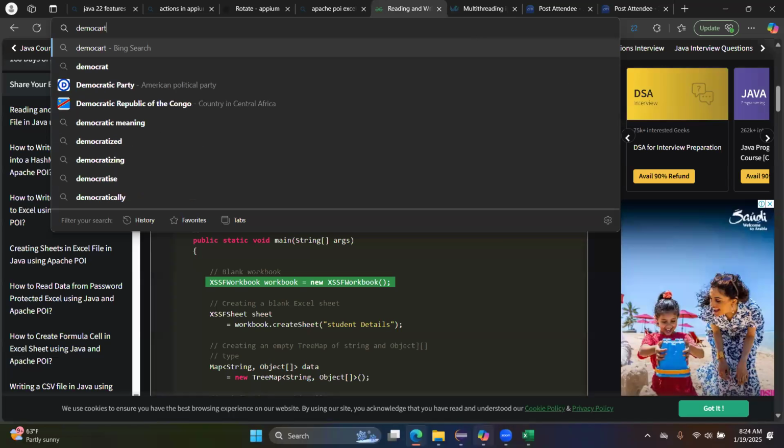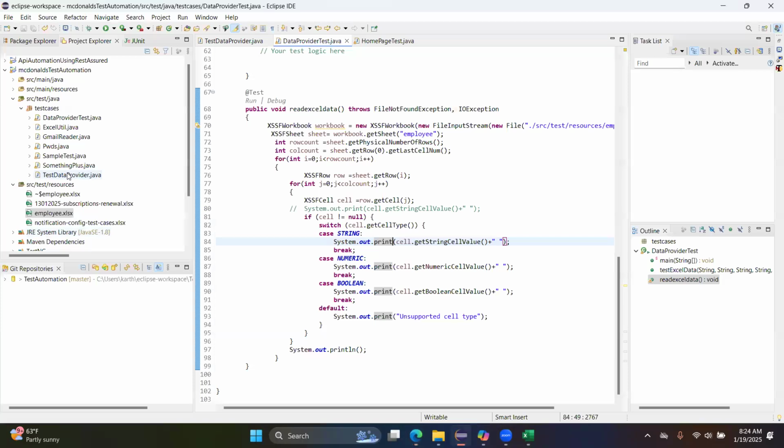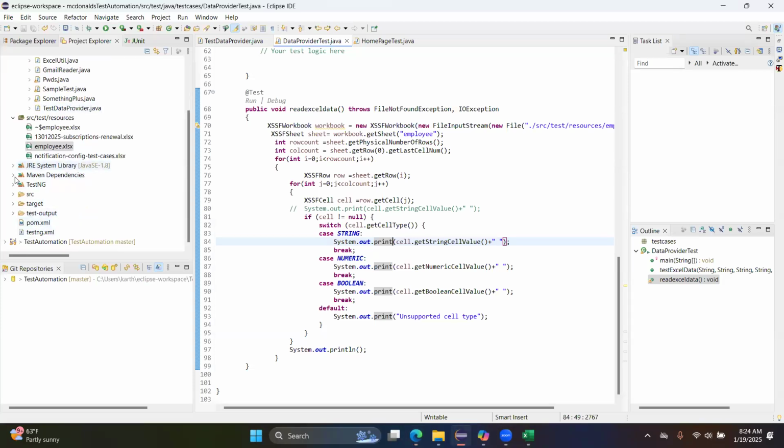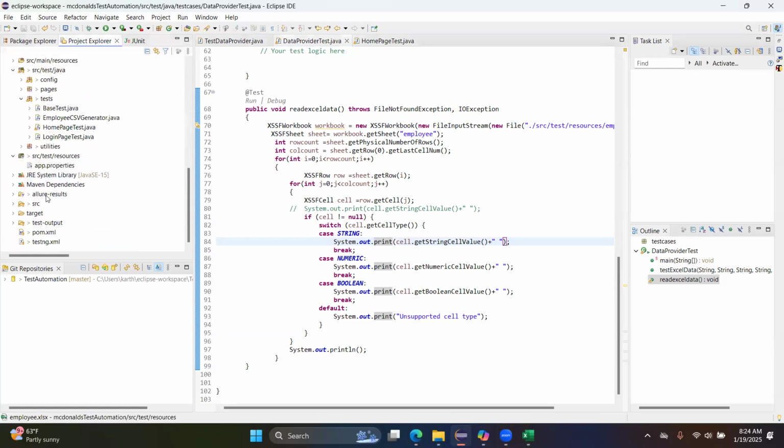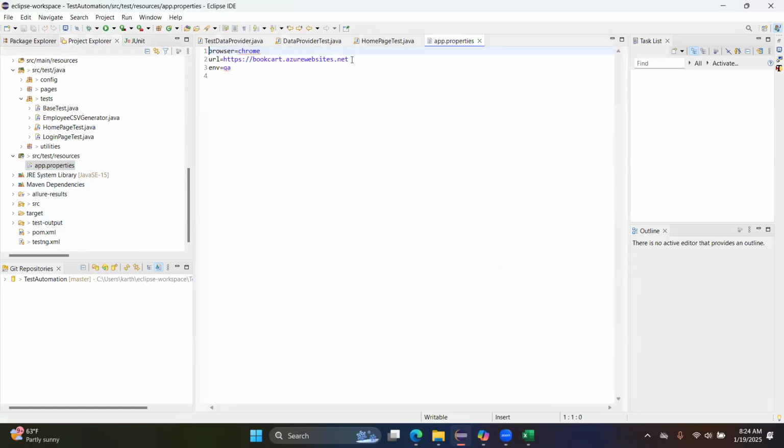Our site name is book cart. I'm using different projects for each. That's fine. Let's assume that